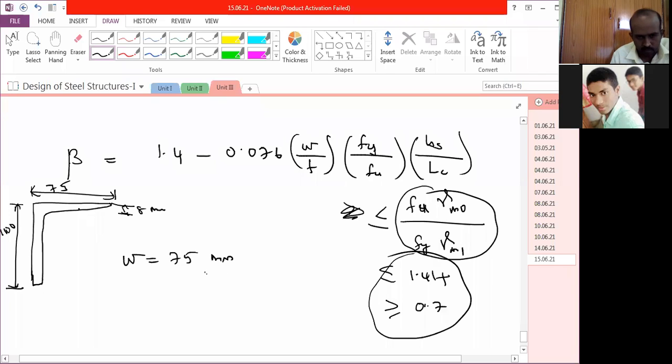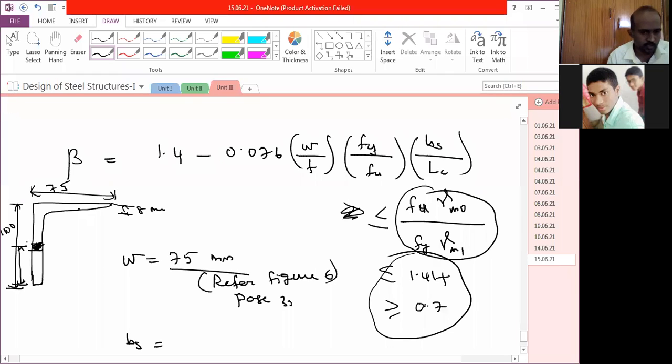Please refer to the figure in page number 33, figure 6. So I have taken the 75 W outstanding leg. Okay. So BS is a little complicated. What is that? W and W1. This is where this bold is there, that we have to calculate first. First of all, we have to assume this one.